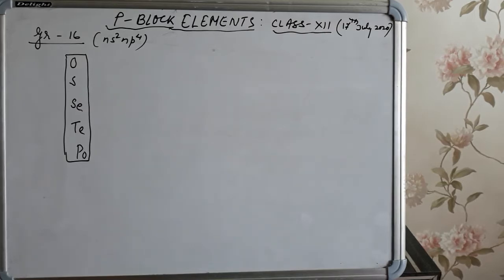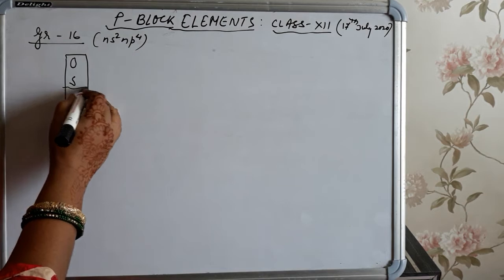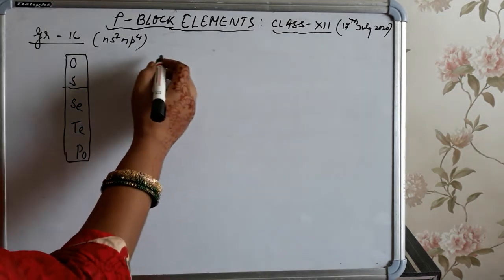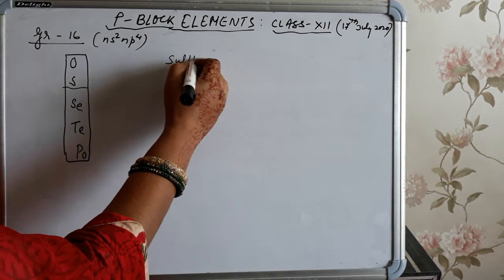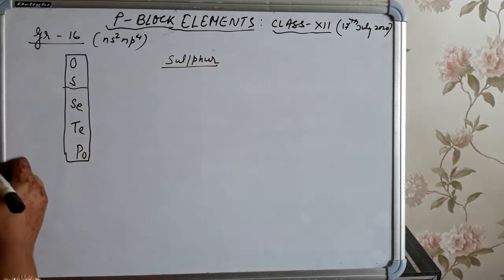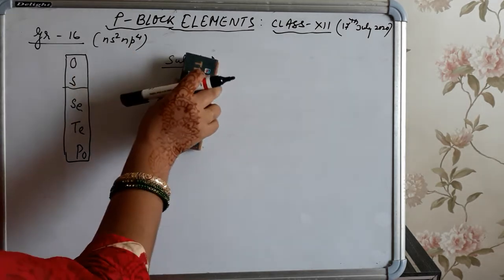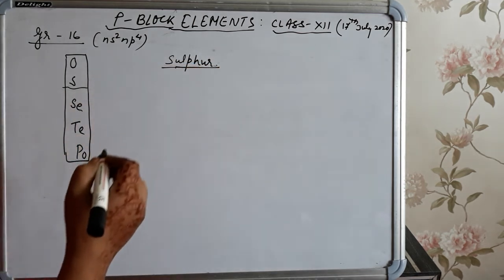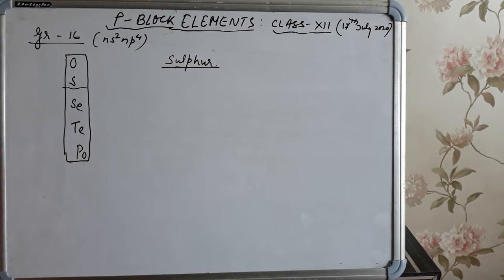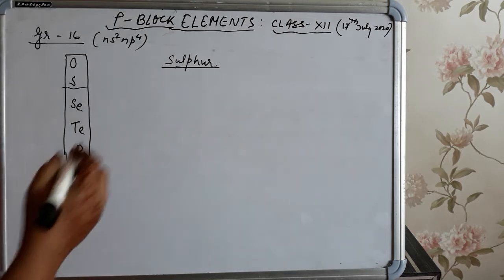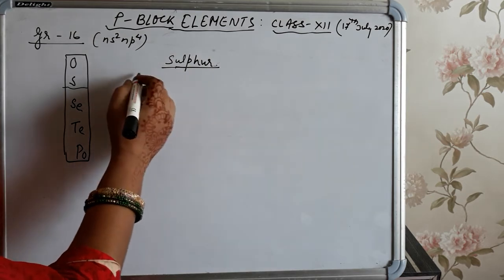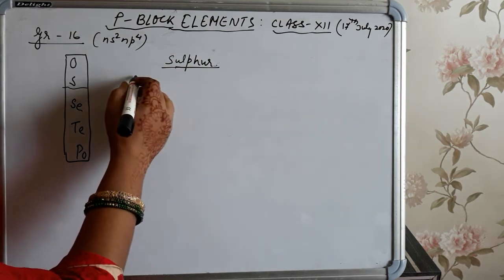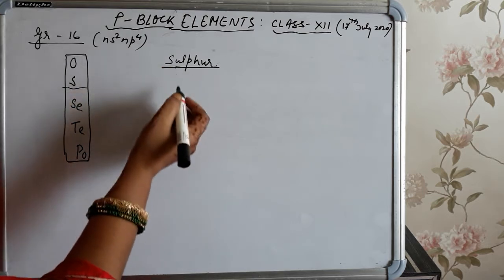Good morning, students. Today we will discuss the preparation and properties of group 16's second member, that is sulfur. We will discuss at first the characteristics of sulfur, as we study the general characteristics of this member. This member exists or shows so many allotropes. At first we will discuss the number of most common allotropes of sulfur. After that, compounds of sulfur and oxoacids of sulfur.